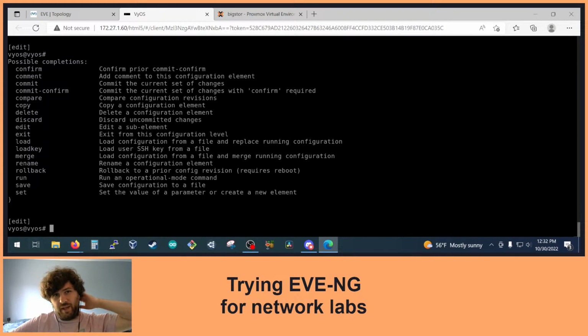Ansible. I know Ansible's all the rage. I haven't used it. I have such a weird disjoint set of environments that